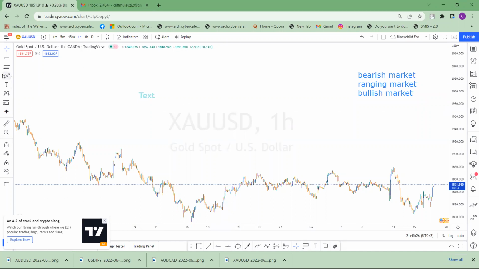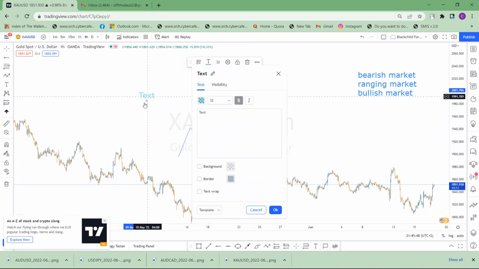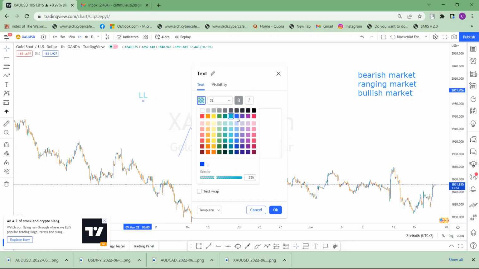I want to give you an example of what a bearish market, a ranging market or a bullish market looks like. In a situation whereby the market is forming this kind of structure, this is what we call a bullish trend. So whenever the market is pushing to the upside, it moves from what we call a lower low